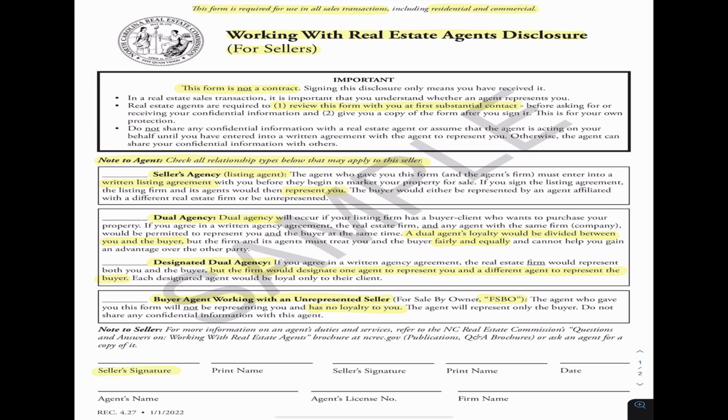At the bottom of the form, the seller can sign acknowledging they received the form. Again, it is not a contract, but the licensee should also fill out the relevant data so that the potential seller can maintain a copy of the conversation for their records, and licensees and potential clients alike should not be afraid of this form. It's a great introduction to agency options in North Carolina real estate transactions and a helpful icebreaker for clients to build trust with their potential clients.